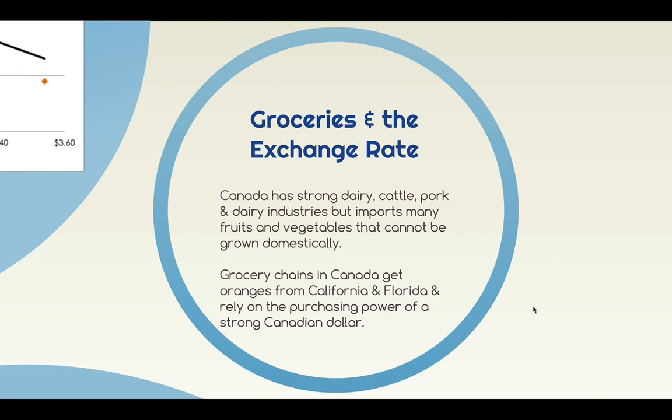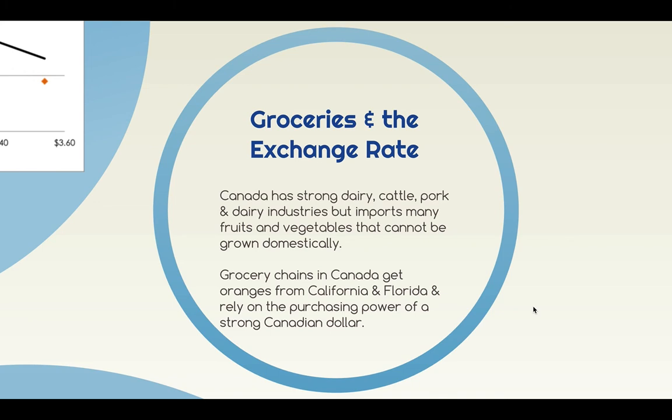We'll export them, as with soybeans, but we can't really grow some fruits. So we have to get our oranges, our tomatoes, our strawberries from the U.S. where it's more temperate. So if the Canadian dollar is low in value, it's more expensive to get those products